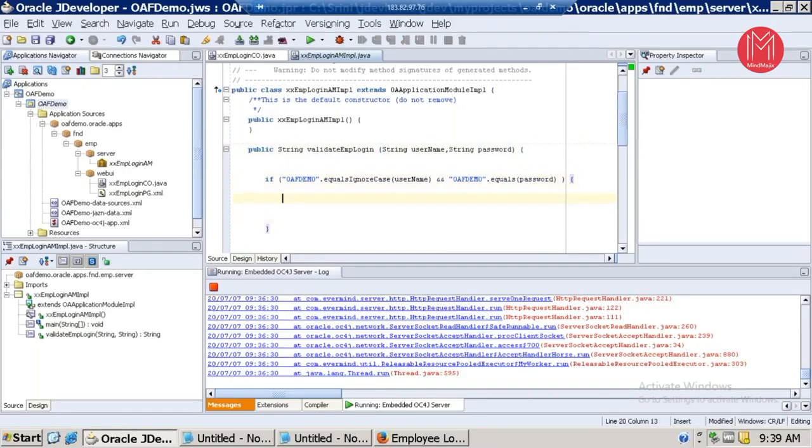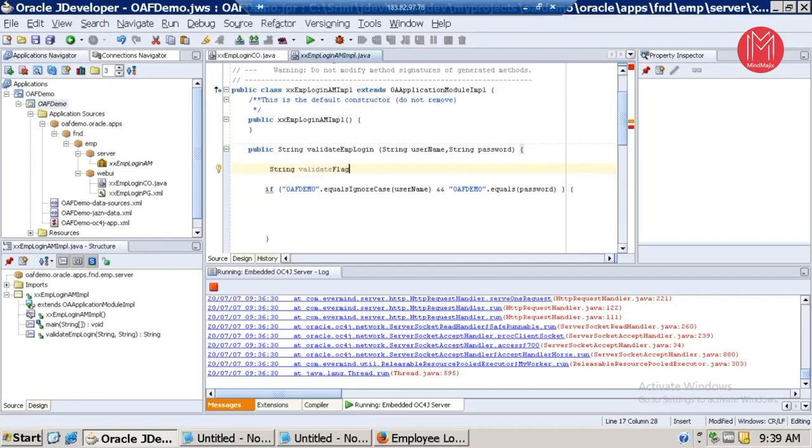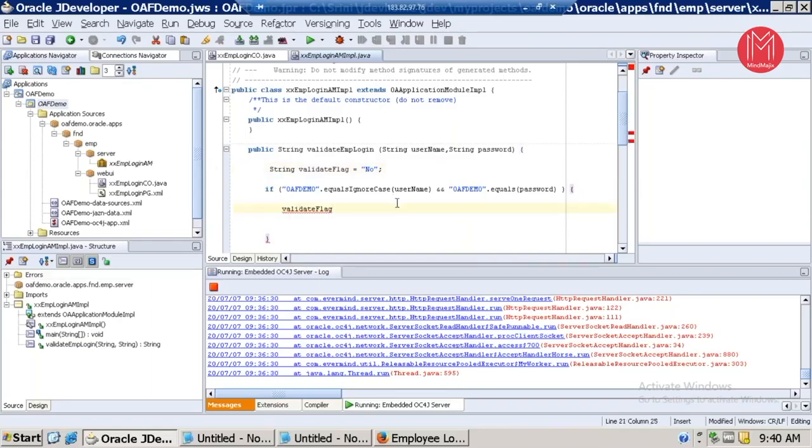So here what happens? I need to return one flag, the S flag. Before that I'll declare one variable for flag. Validate flag, and keeping it as no first. Okay. So if it is successful, if it matches, then I'm keeping it as